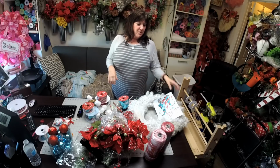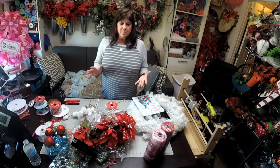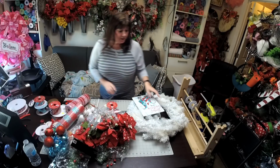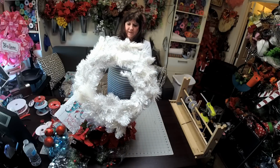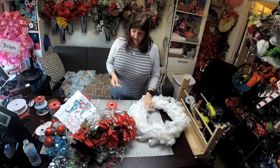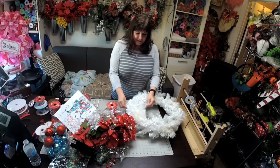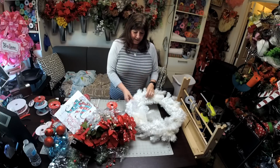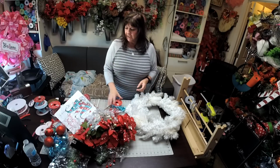Today we are going to be doing a project that is super fun and a little different. We're going to take this white pine-based wreath, and isn't this pretty? This came from Simp's Pottery, and I just like it because it's very different. Anything like this, where it is made from pine, is just so easy to decorate. It is a great base to put mesh in, to put ornaments in, ribbon in, and we are going to